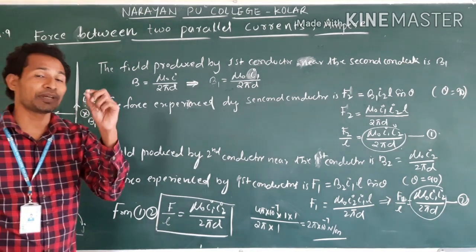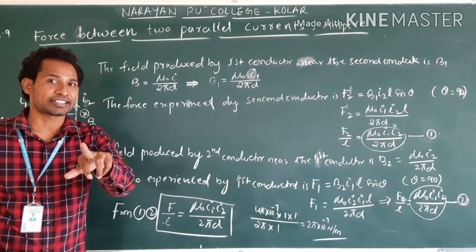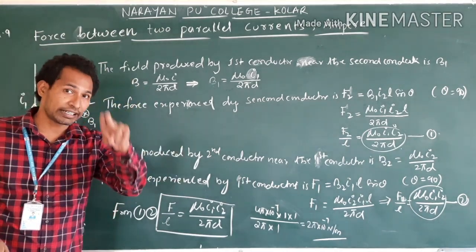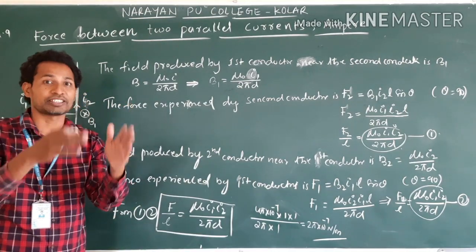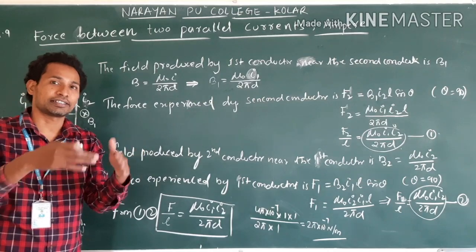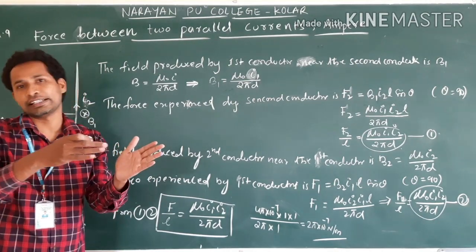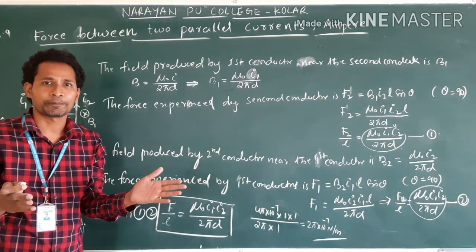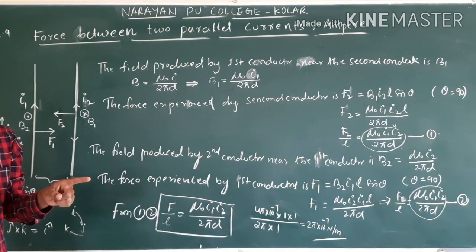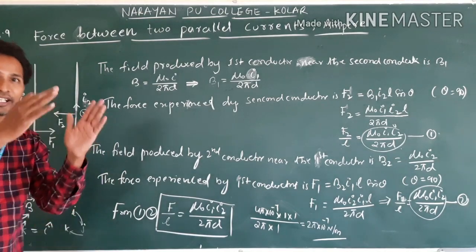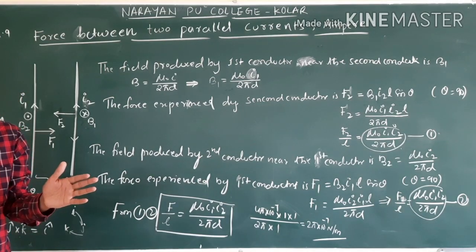Clear? So don't imagine electrostatic concepts here, like charges repel and unlike charges attract. That's not the concept here. Here it is the direction of currents. If the conductors are parallel and the currents are in the same direction, they attract. If the current in one conductor is reversed, they repel. Very important. We can expect this in 1 mark. Already asked: attraction when possible, currents in the same direction; repulsion, when one of the currents is reversed. That's all.